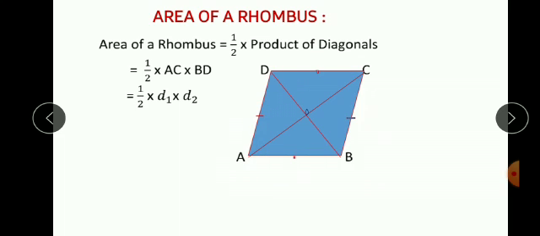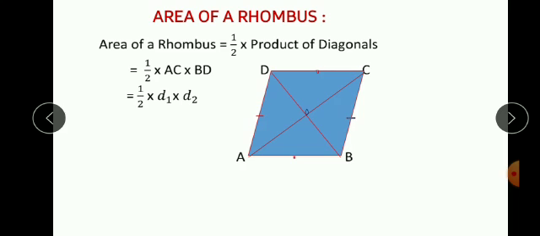And children, here the middle point of this diagonal BD and AC, let us say M is the midpoint. Then which two are diagonals? Diagonal BD and diagonal AC. They will be coinciding at point M. And now all sides of a rhombus are equal. Okay. So what will be the area of a rhombus now? Area of rhombus is half into product of diagonals.